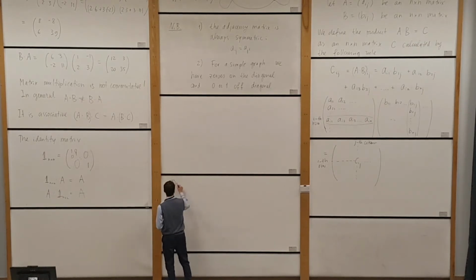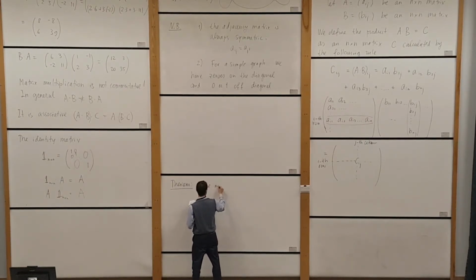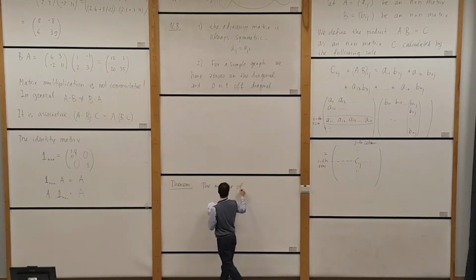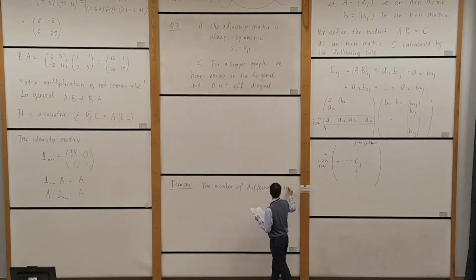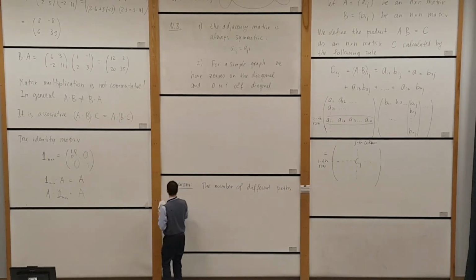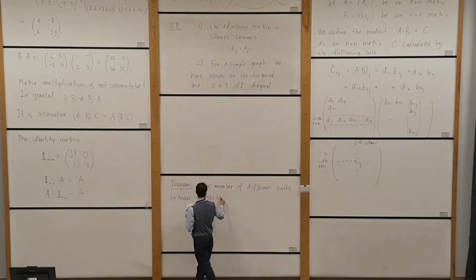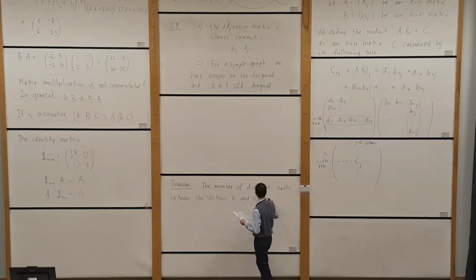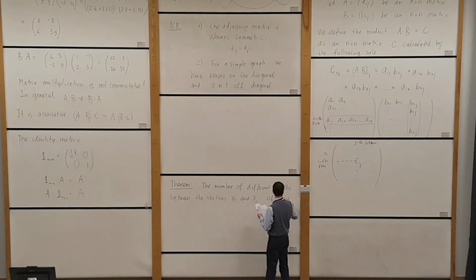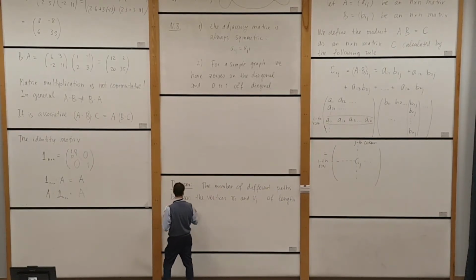It's given by the following theorem, which says that the number of different paths between the vertices v sub i and v sub j of length n is given by